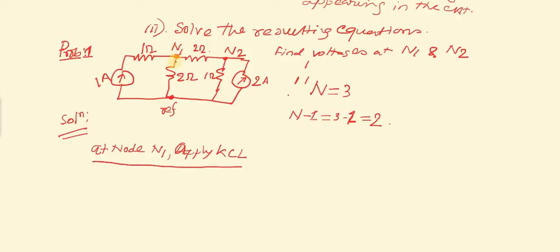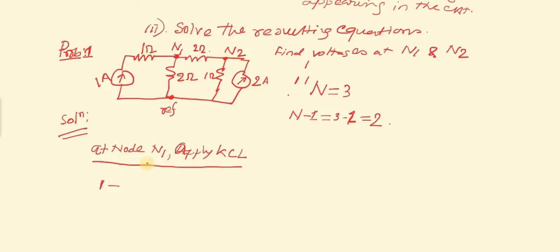We have assumed that the non-reference node potential will always be higher than the other remaining nearby nodes. So write down the node equation at node 1, and that will be, this is the current I1, this is I1 ampere minus, say